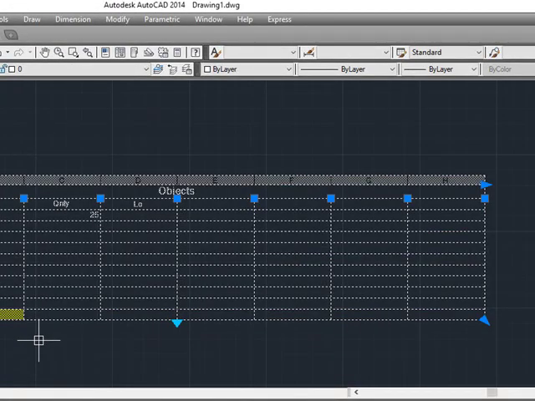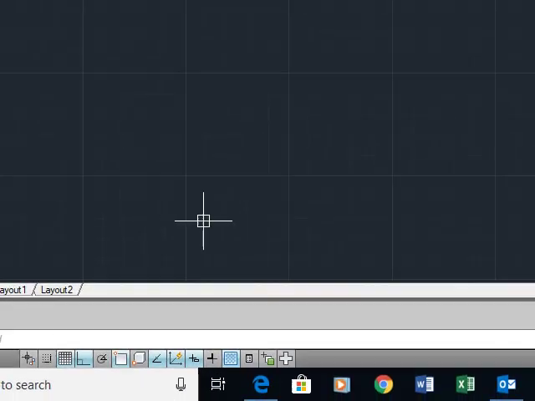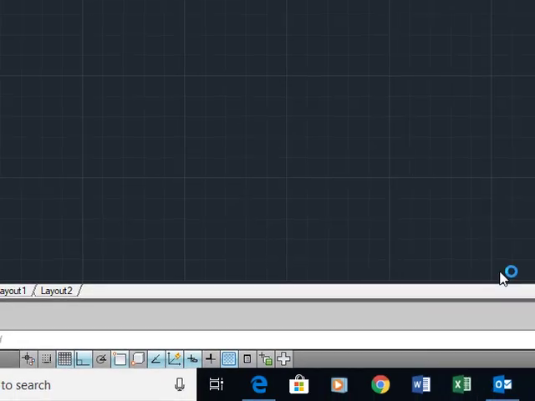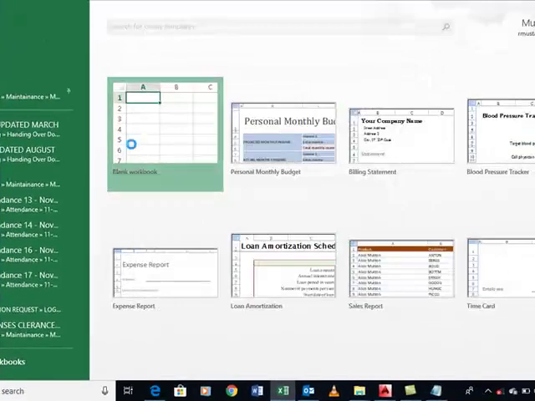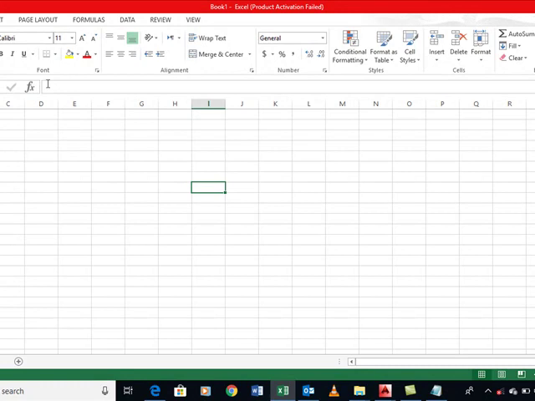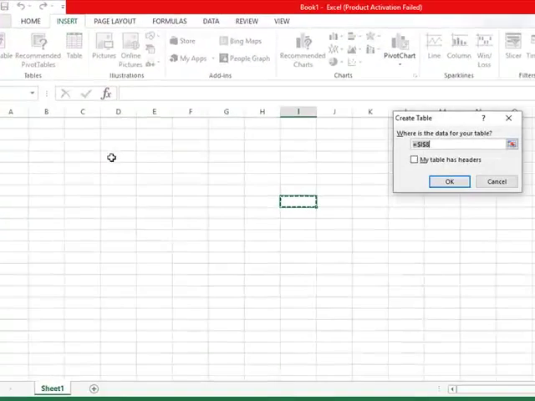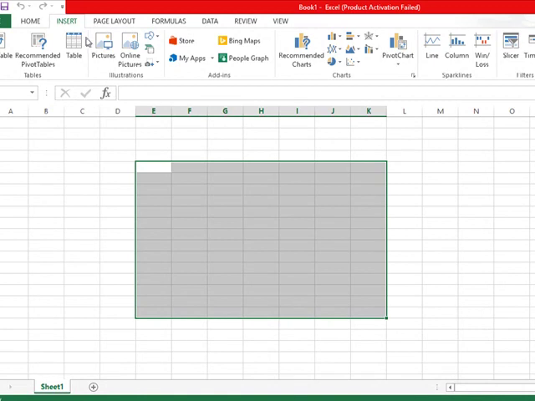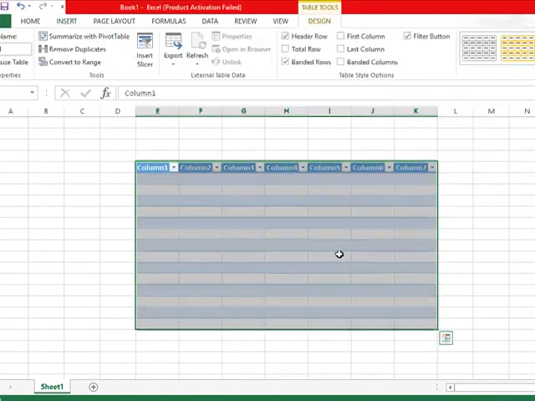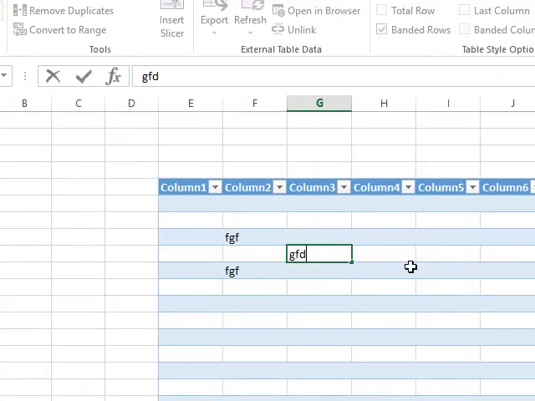So we can also import a sheet from Excel as well. From Excel, you can import. For example, if you want to have a sheet from Excel, I just want to make a table here. Sorry, I just want to click it. I just want to make a table. That's okay. This table I want to move into, I want to insert to the